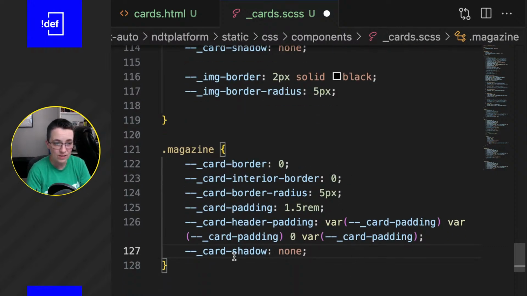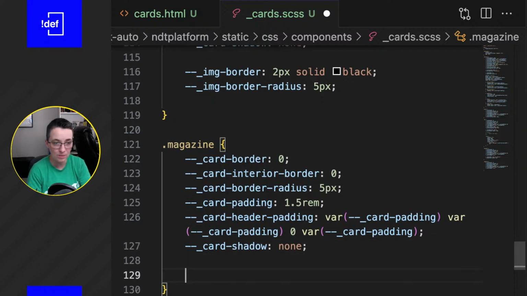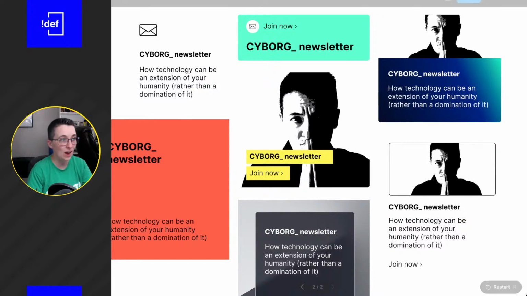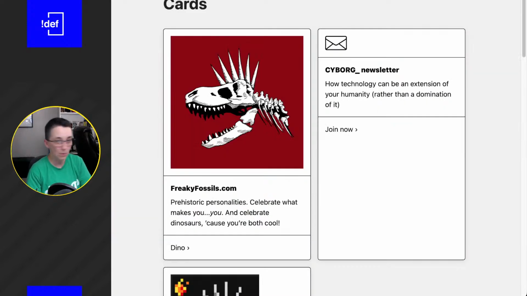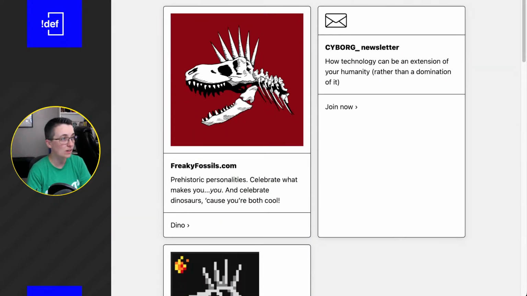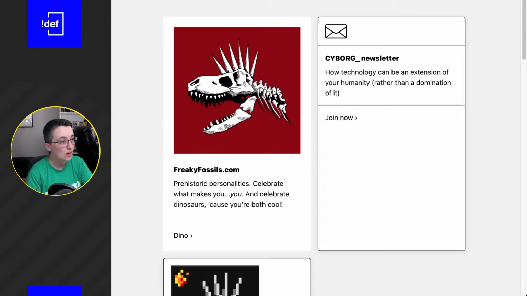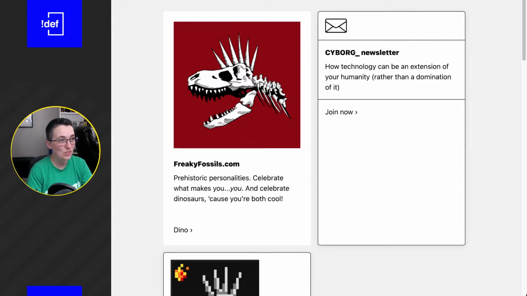But most of this is gonna help us get our magazine style over. So I think we're gonna start with this. I think it's this first one with the freaky fossils. Yeah. So we started with this card over here as our base card, but then this one now has